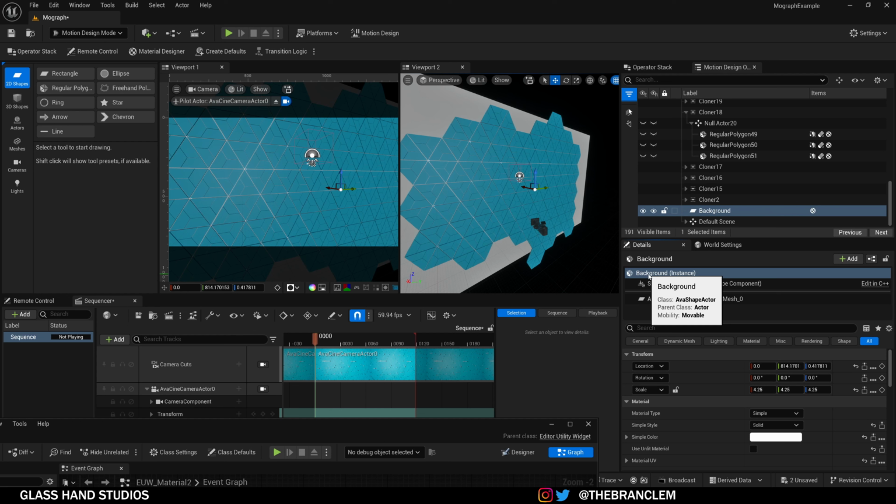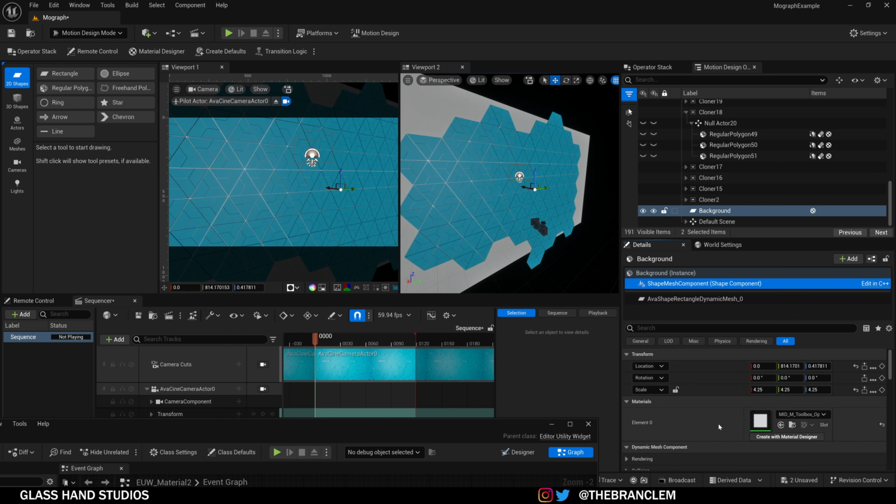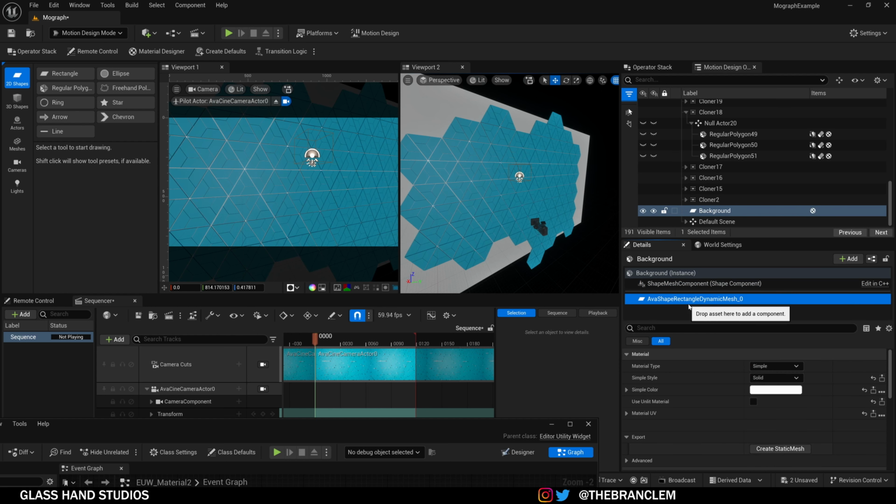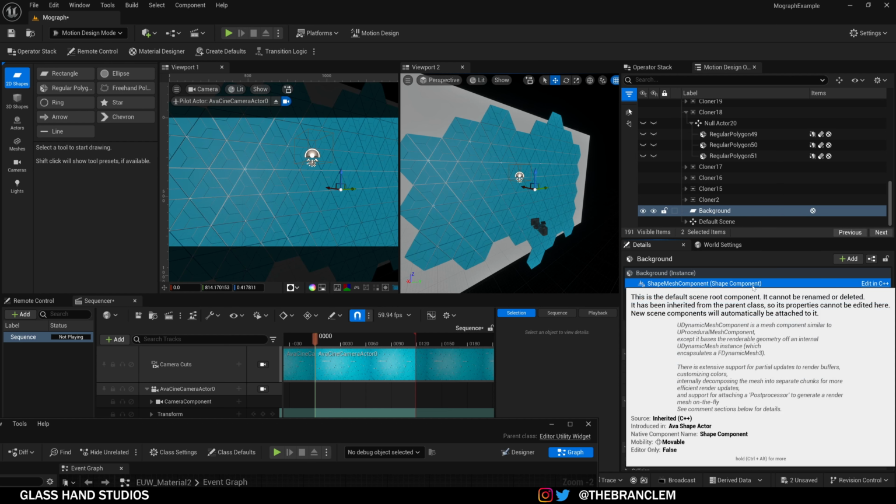Because this is, you can see, of class Ava shape actor, right? And that's what we're casting to. But we somehow need to get these properties. Well, these properties live on a little bit of shape mesh component and a little bit of Ava shape rectangle dynamic mesh. So shape component and dynamic mesh, which if I hover over this, you can see that,